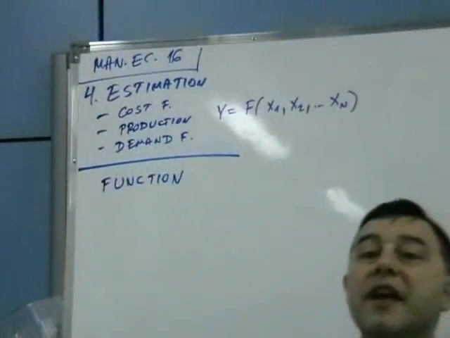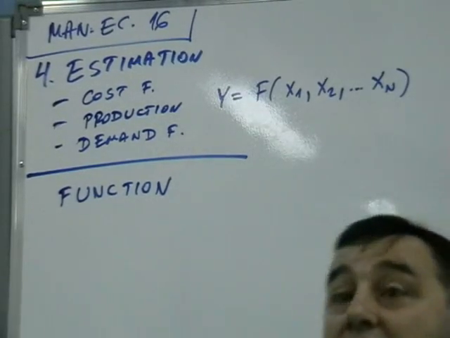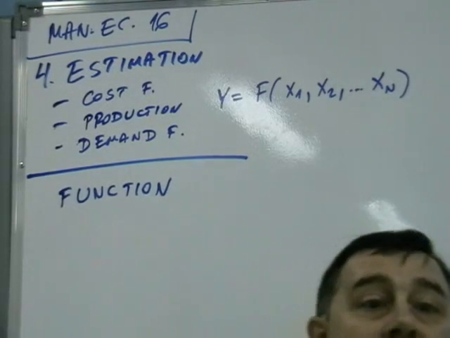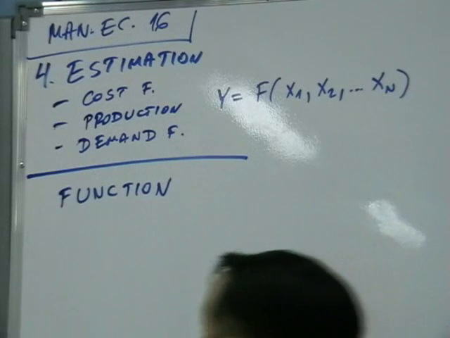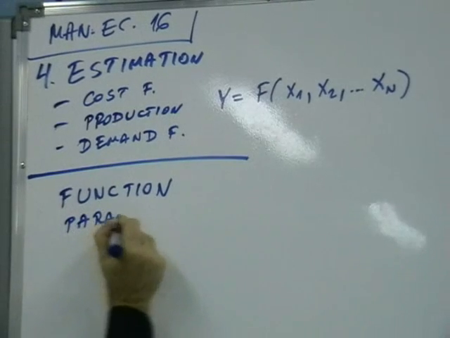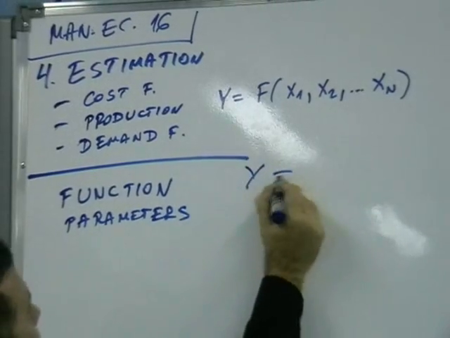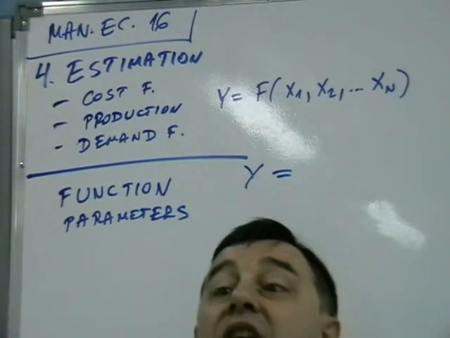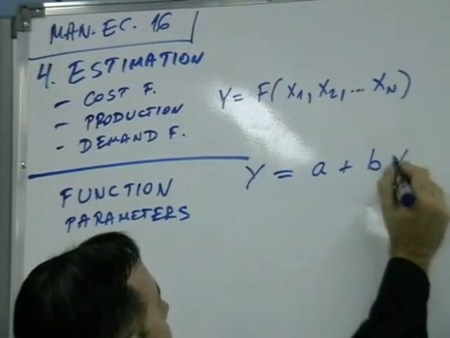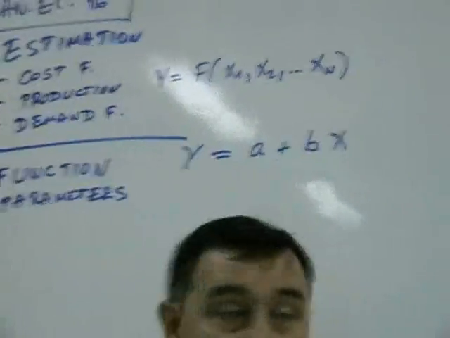A function is typically a mathematical representation of a relationship. We call it a quantitative relationship between one or more variables. So you have a function. Next one is parameters. So the function, the simplest in the world, is a linear function: y = a + bx. So let's throw in, while we're at it,